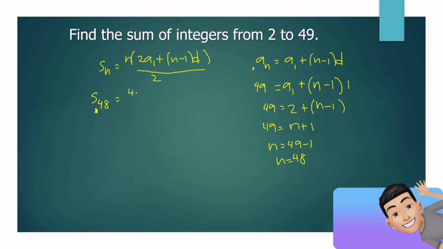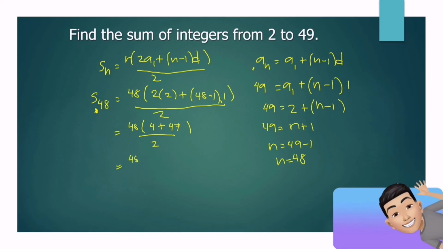Ano yun? Magiging 48 times twice ng first term plus 48 minus 1 times, ano yung common difference? 1 lang din over 2. So, 48 times, anong 2 times 2, 4 plus anong 48, 47, kasi times 1 lang yun, over 2. Ayan. And now we have 48 times anong 47 plus 4? 51